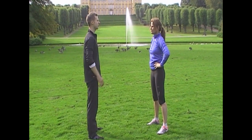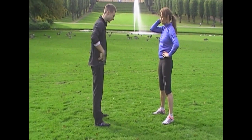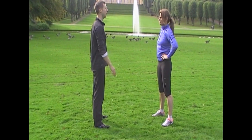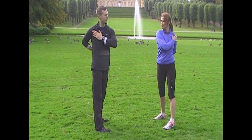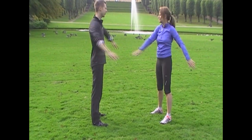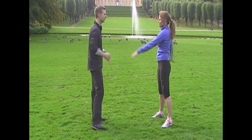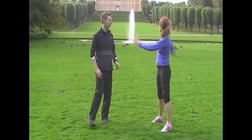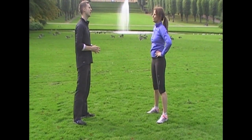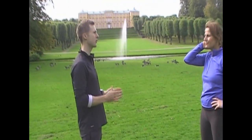Then we're going to mobilize the spine in a rotational movement. So for this, we're going to stand just as you are with the feet slightly wide, shoulders apart. And we're going to rotate round, bringing one hand to the chest and the opposite hand roughly to the kidney area. Then you rotate all the way around as far as you can go. Perfect. One more. So the repetitions for this would be roughly anywhere in the region of 12 to 20. To be quite honest, if you've got a lot of tension in the areas, just increase the repetitions. Okay, it doesn't have to be